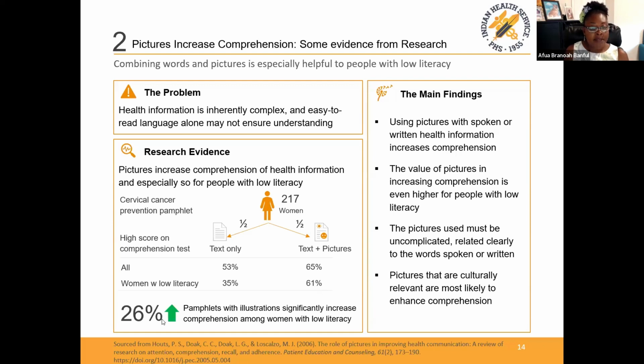So the message, and this is found in various studies, was that pamphlets having illustrations statistically significantly increase comprehension. And that is especially true for people who have low literacy, right? In regard to